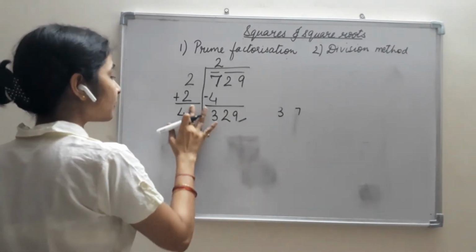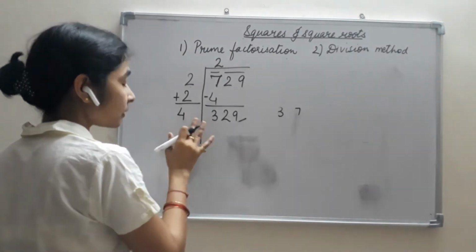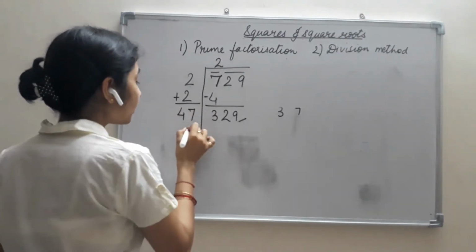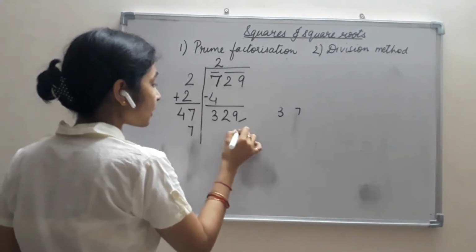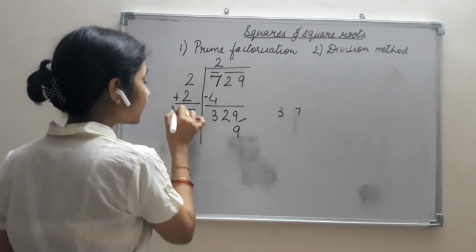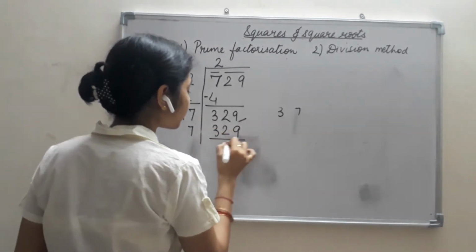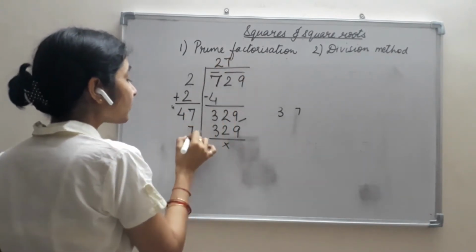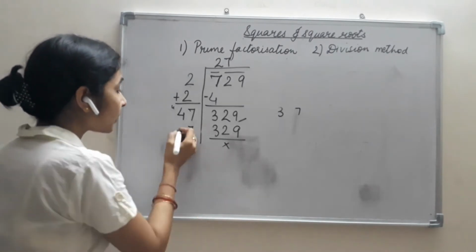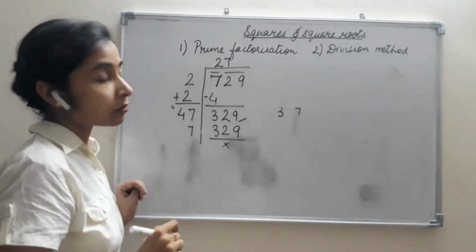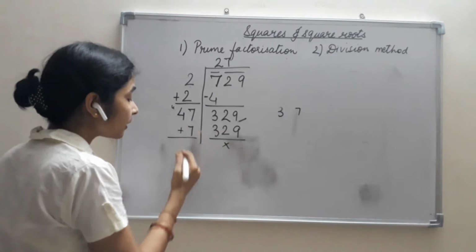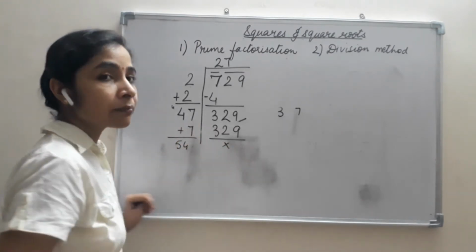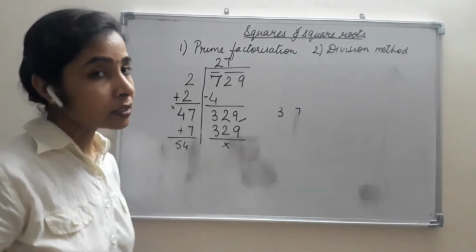Though I know that 7 will be the suitable number here, I tried with 3 first. Now 7. Now if I multiply 7 to it, then 7 7s are 49, 7 4s are 28, plus 4 gives me 32. Okay, it is perfectly divided. So here I have written 7, here I have written 7, and if the division would have been continued, then I would have added this 7 here also. I would have added it here and then further continued the division by taking 54 I get here. Then again a number will come, and again I will start the division like that.